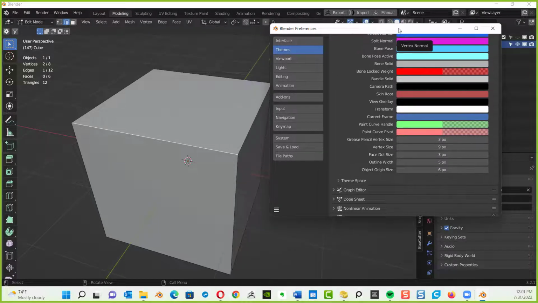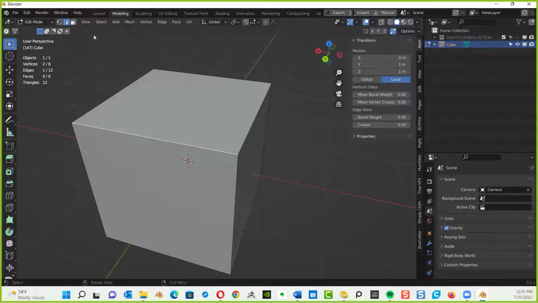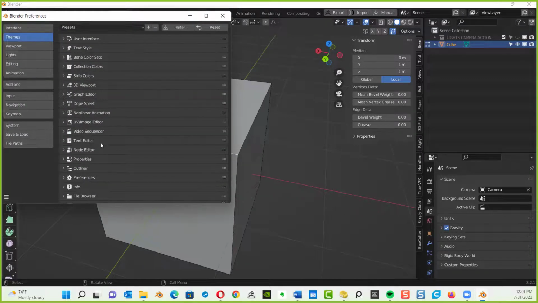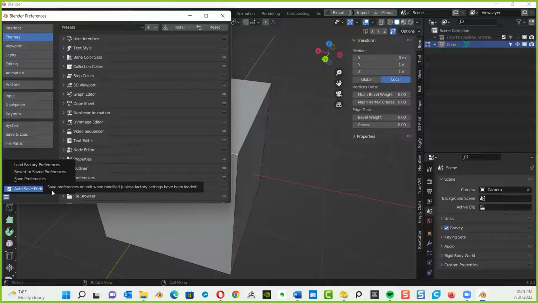Point of note, if you make those changes, save a new default startup. Yeah, that's a good idea. But you don't need to, and let me show you why. I know, David, that's the logical thing to think, to save new default. If you go to the preferences, right here in the bottom left-hand corner, click that hamburger menu, the 3 lines. It's already set to auto-save preferences, so you don't need to do it. Cool.